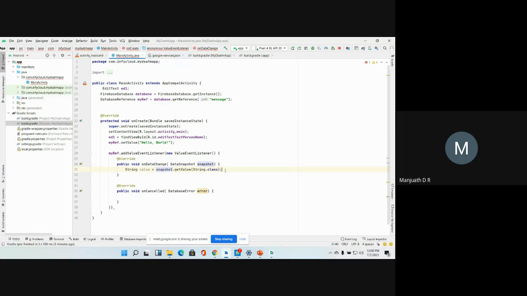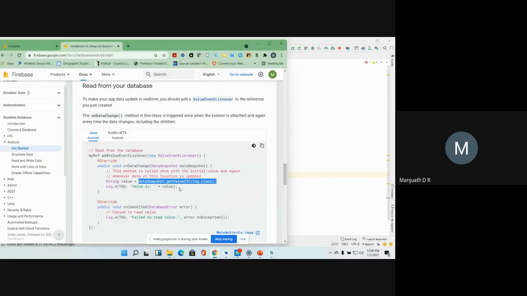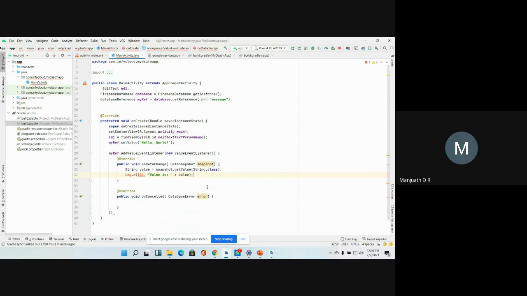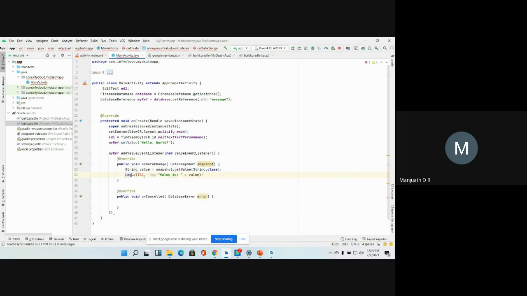Now I want to display that in my log message. If you wish to display it in a log message, you can do it, or I can even do one more modification here. Rather than displaying it in a log, since I don't know exactly whether it will appear, I don't have any tag here, so better I'll just